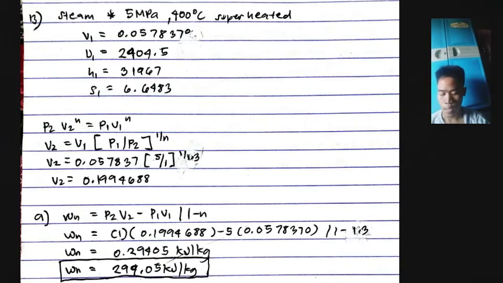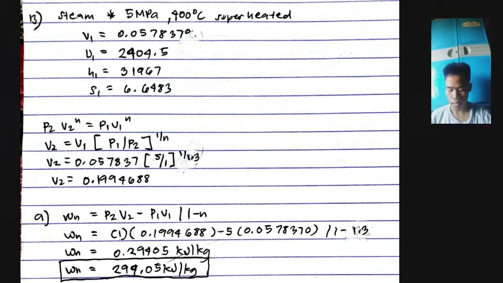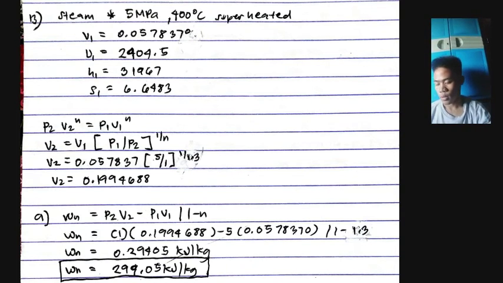steam at 5 megapascal and 400 degrees Celsius, superheated, wherein V1 equals 0.057837, U1 equals 2404.5, H1 equals 3196.7, while our S1 equals 6.6483. Next, next move is V2